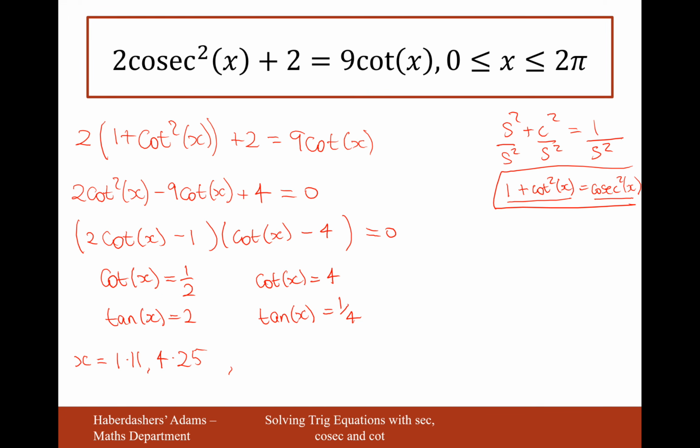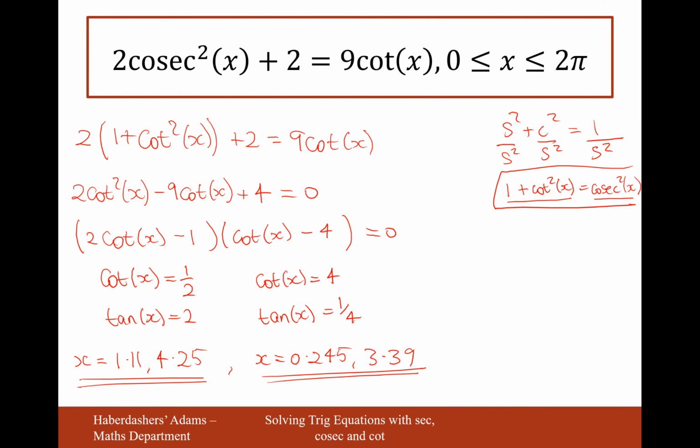Then I'll go back and do the quarter one now. Tan inverse 0.25, 0.245. And then I'll add on pi onto that one to get the next solution on the tan graph. You get 3.39. And there we are. These are the solutions